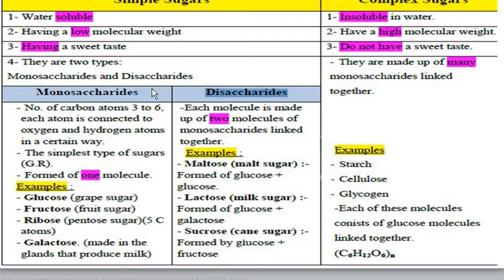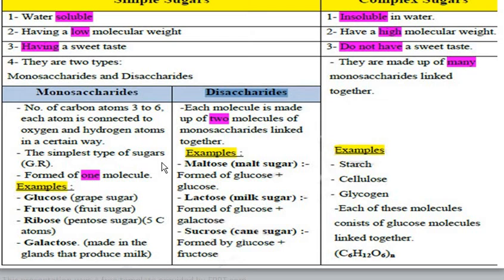The difference between monosaccharide and disaccharide: both of them are simple sugars, but monosaccharide contains one molecule and disaccharide contains two molecules. One molecule consists of 3 to 6 carbons maximum, and they are the simplest type of sugar, like glucose, which is found in grapes, and fructose, which is found in fruits. Ribose is a 5 carbon atom sugar, and galactose is found in the glands that produce milk for moms to feed their babies. Glucose, fructose and galactose are 6 carbon atoms, except ribose, which is